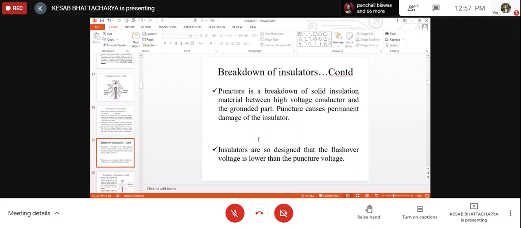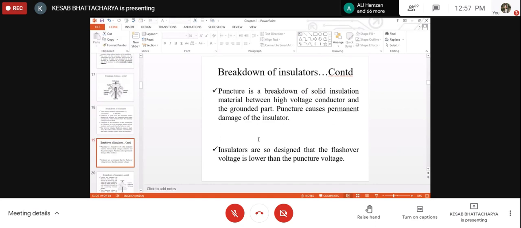But if the flashover voltage is made lower than the puncture voltage, then what will happen in the event of any abnormal condition developing in the system? What really happens will be,